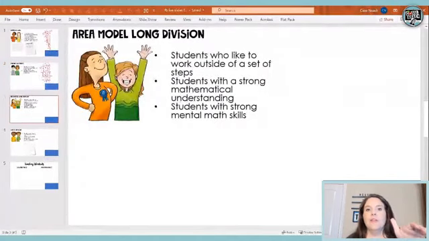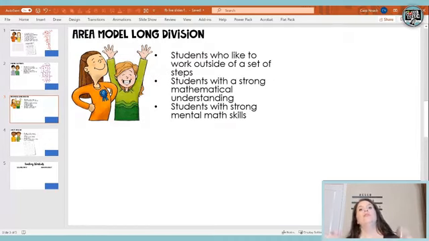The area model is basically partial quotients, except that again we're taking some of the paperwork out and the students are doing more of it in their head. They're thinking mathematically a little bit more, but still they're going to take their dividend apart into partial dividends and then do smaller division problems to find smaller answers, which become the whole answer. So let's do